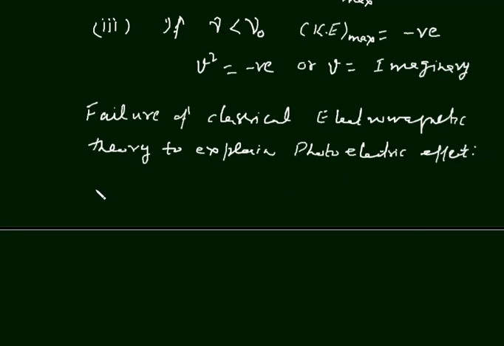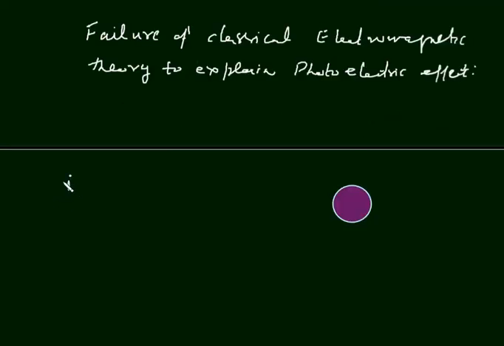There are certain causes due to which classical electromagnetic theory could not explain photoelectric effect, and these reasons are, number one,